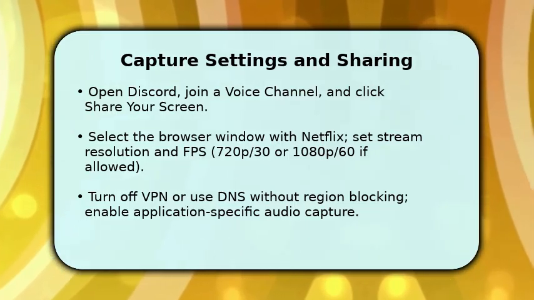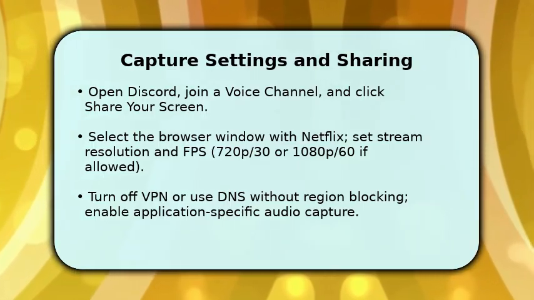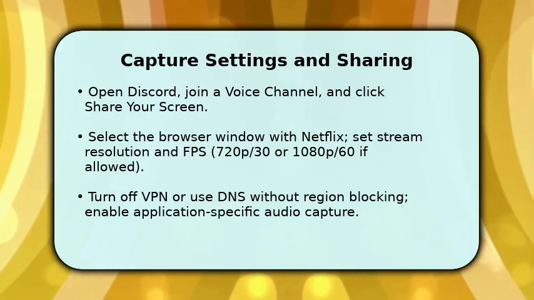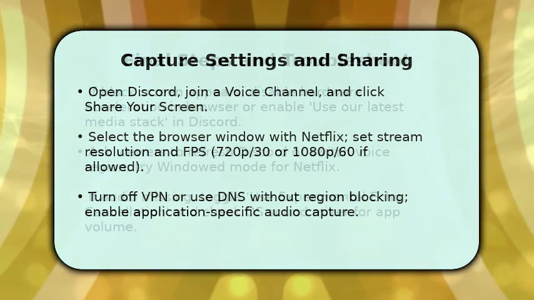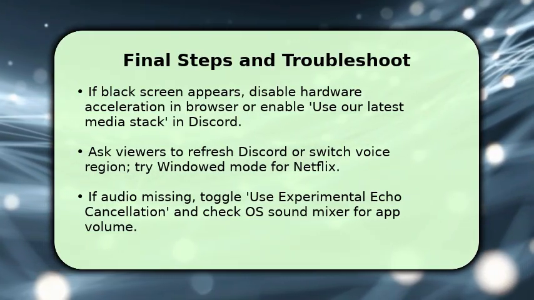Make sure application audio is selected so viewers hear sound. Also, disable VPNs that change region, which can trigger playback protection. This ensures consistent streaming. Finish by starting playback on Netflix, then hit Go Live in Discord and confirm viewers see